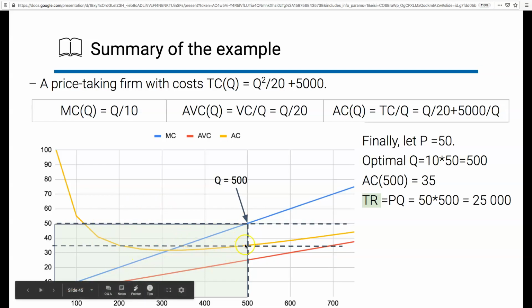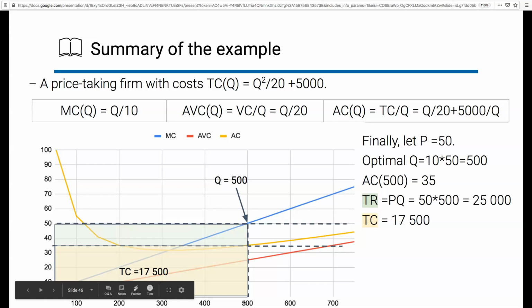The average cost that corresponds to the output of 500 can be found at the intersection of the vertical bar at 500 with the yellow curve, the average cost curve. And you can check my calculation that the average cost is going to be 35. And so price is above the average cost. So it looks like the firm is going to be making positive profits. With the average cost of 35, the total cost is just going to be average cost times the number of units it sells,